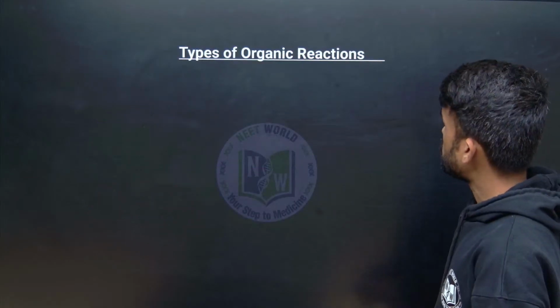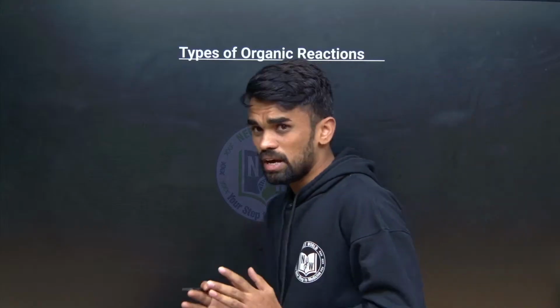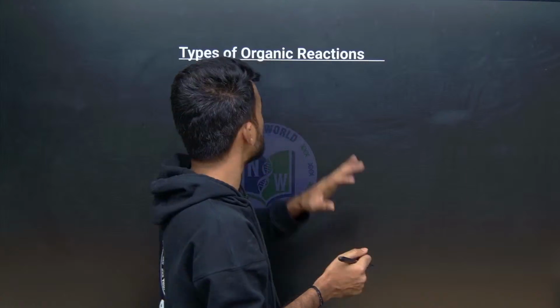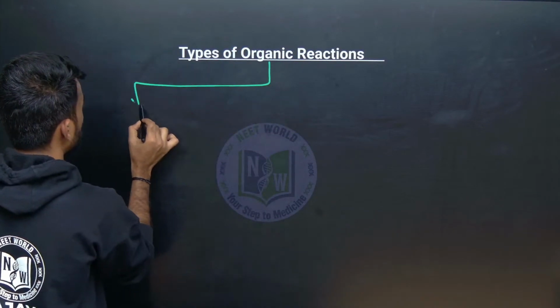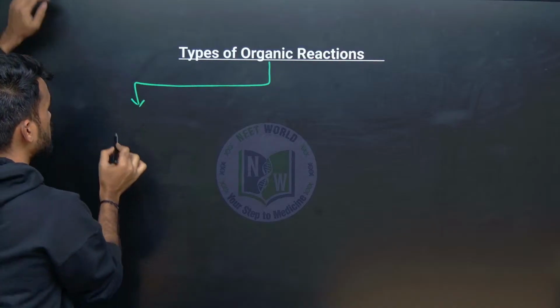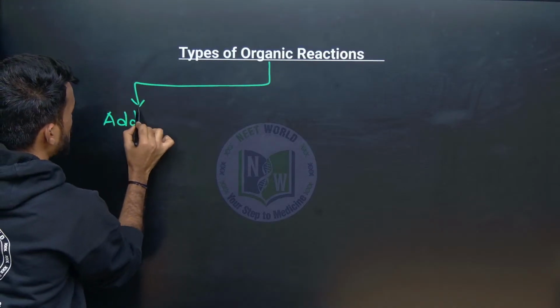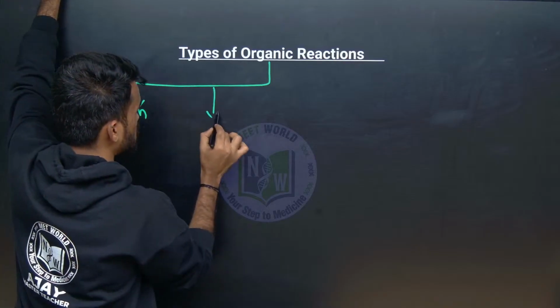Yeah. So, types of organic reactions. Now we have seen the basic structure, how the reactions are taking place. Now let us understand the types of organic reactions here. So organic reactions can be of different types. Here you can see it can be an addition reaction, or it can be a substitution reaction,